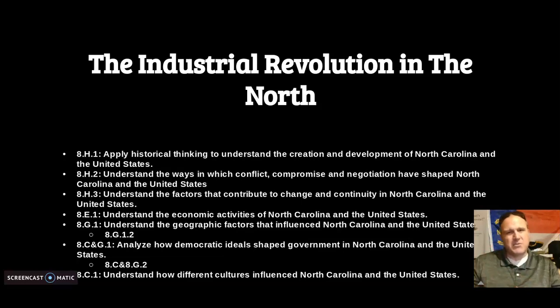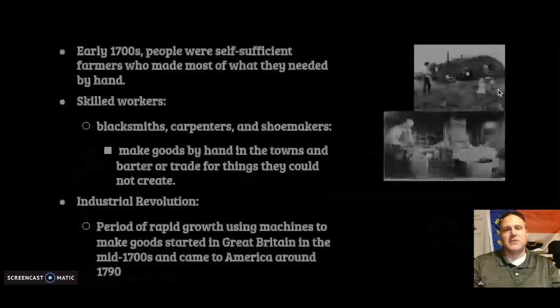All right, the next two chapters we're going to cover are the North, the Northeast, and the South, primarily the Southeast, and what the big difference between the two is, because there was a big difference during the colonial times. There's a big difference today, and this is where you're going to see a major part of those differences really start to cause sectionalism in the United States, where there's industry in the North and slavery in the South. So let's get started.